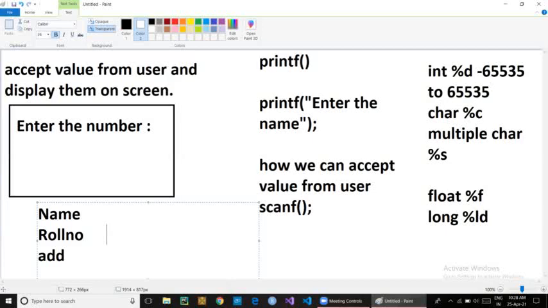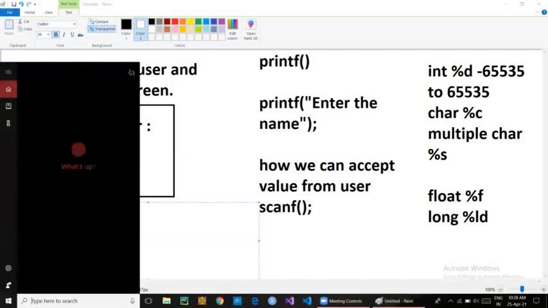You can give the variable that name, stdnm, so that it can be identified later on. If you are storing a roll number, then you should give the variable name as roll number. If you are storing an address, then you should give the variable name as ADD. It should be related, so that if you check that program after some time, you can easily understand what data is in that variable. Okay, so let us see the program.